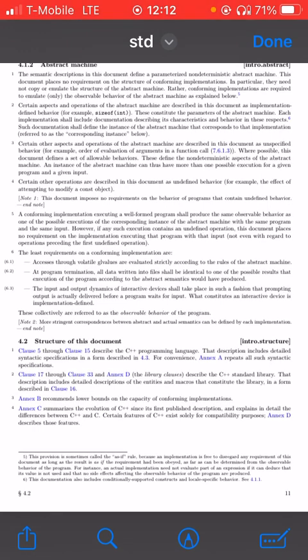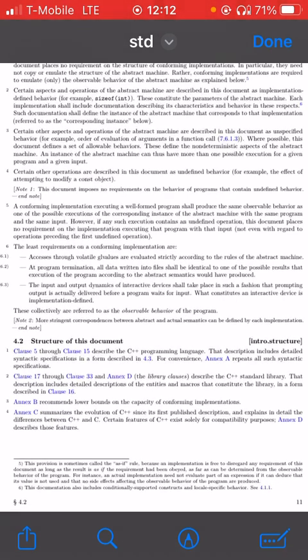Certain aspects and operations of the abstract machine are described in this document as implementation-defined behavior. For example, size of int. These constitute the parameters of the abstract machine. Each implementation shall include documentation describing its characteristics and behavior in these respects.